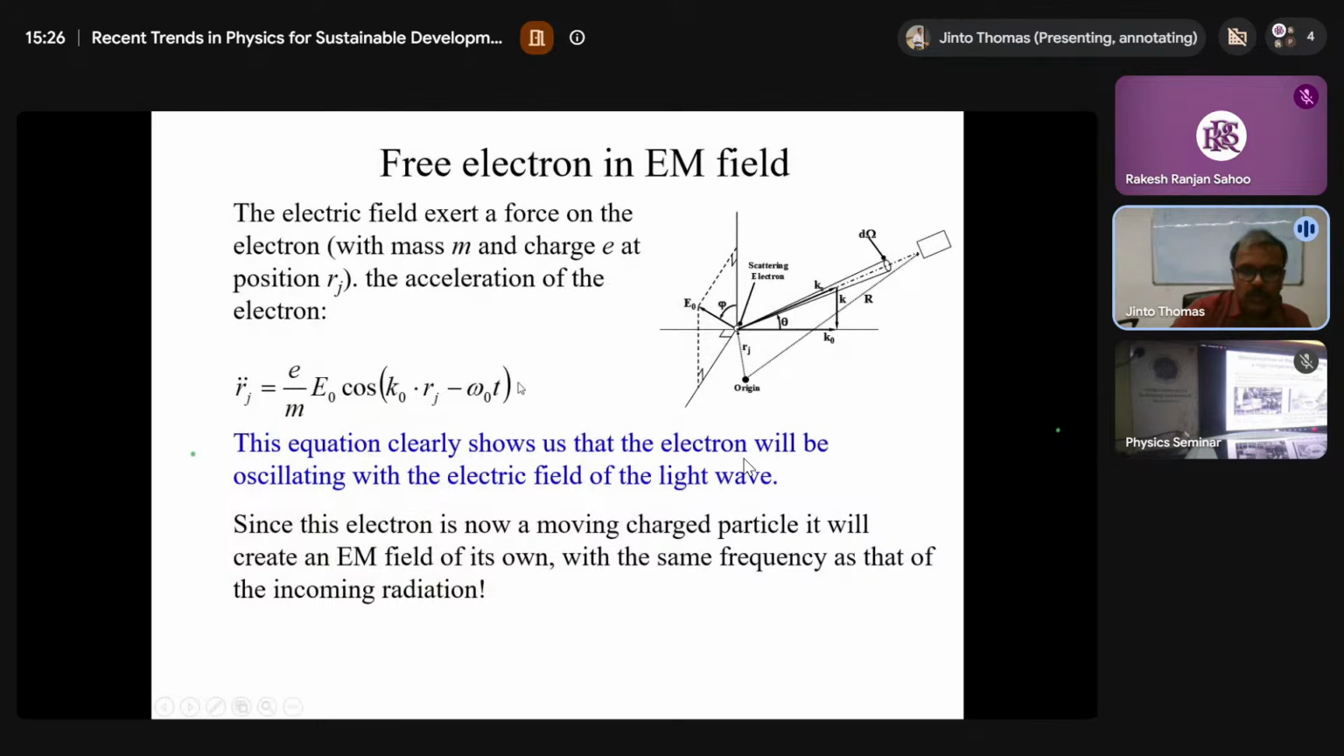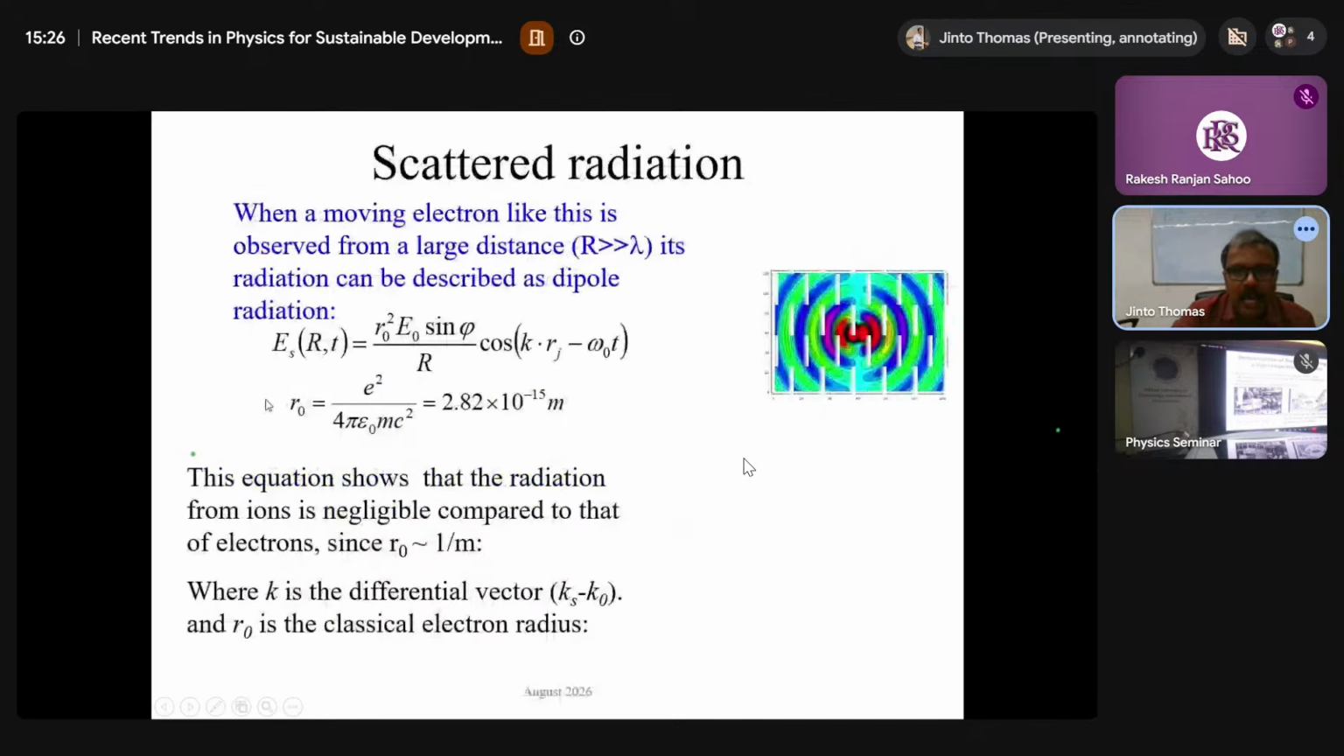The free electrons in the electric field of a laser will be oscillating, and this is basically the equation of motion, which appears as an electron oscillating. Whenever an electron oscillates, it acts as a dipole radiator, emitting radiation along the perpendicular direction of its oscillation. And the scattered radiation intensity is basically scaled by the classical electron radius